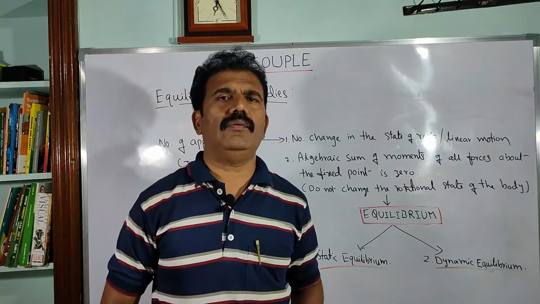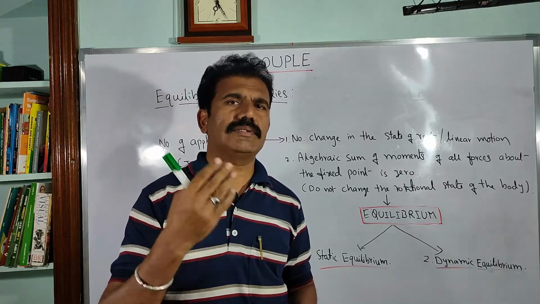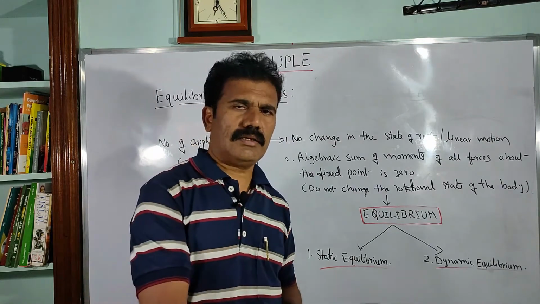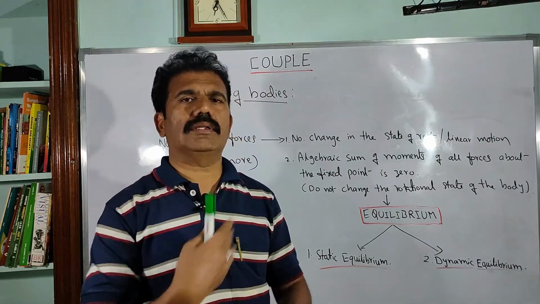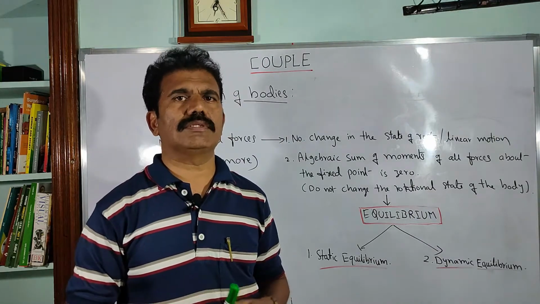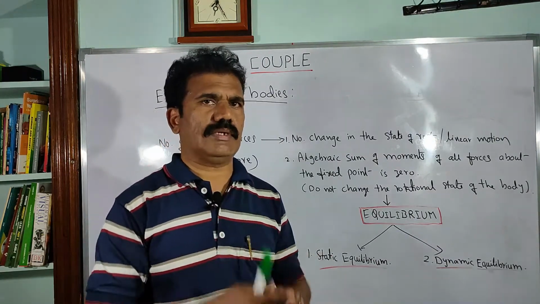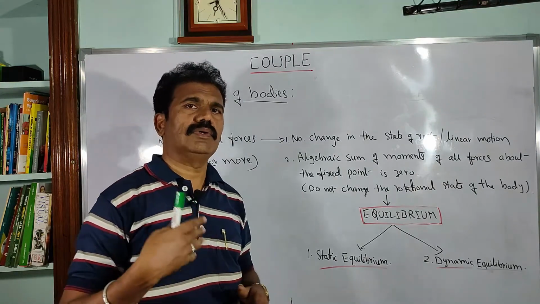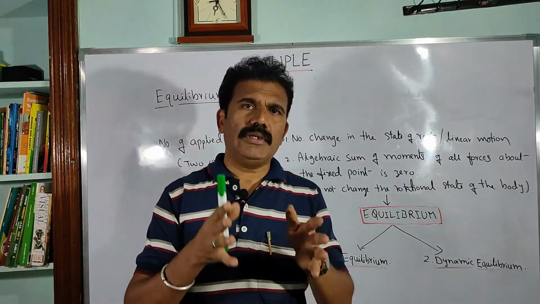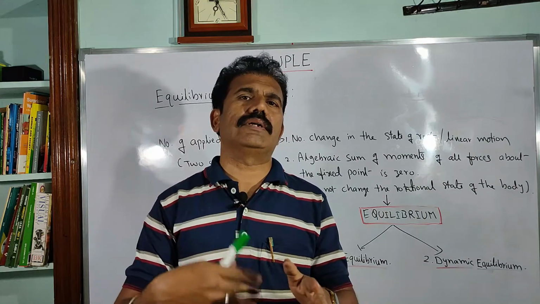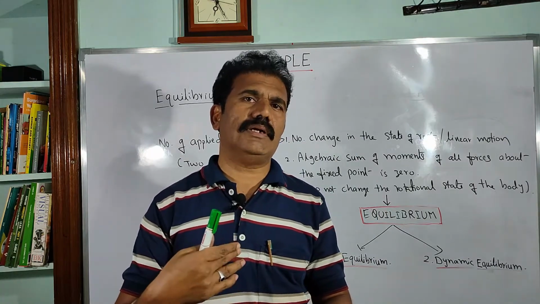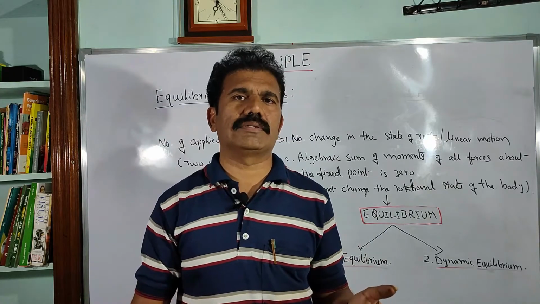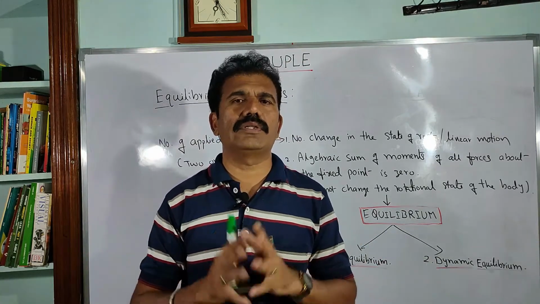Clear? Now we have studied that the application of a force can produce either a linear motion or it can rotate the body. Two types of motion are possible by the application of force, right? Now in some circumstances it is possible to make the body be at rest, or even if it is moving, you can expect that the body continues to move without any disturbance even with the application of the force. How is it possible?